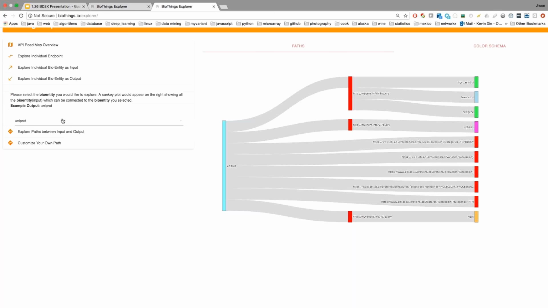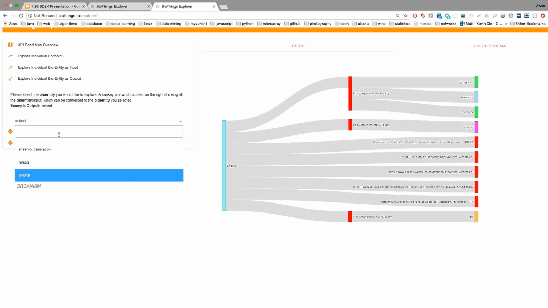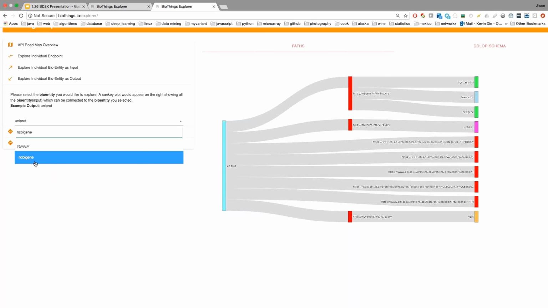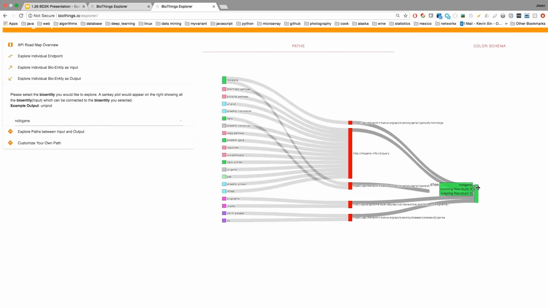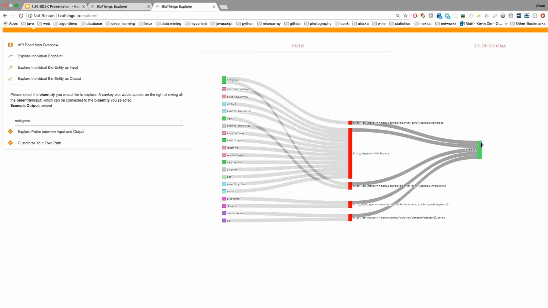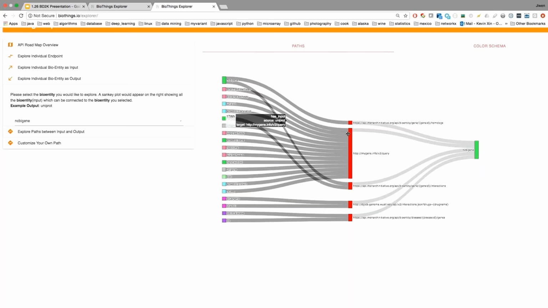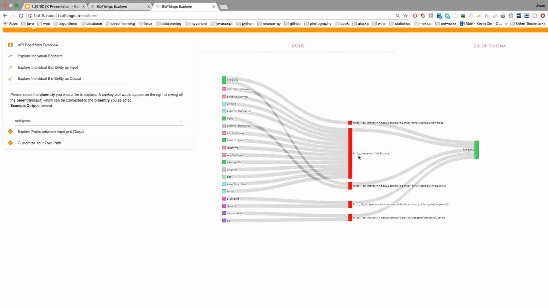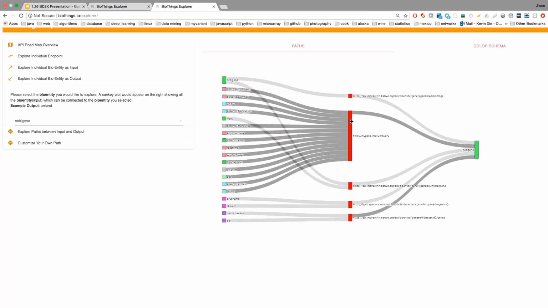So this is one way for you to see what you can do with your own IDs. And another way is, if I want to get something like an NCBI gene ID, what do I need to give the API? This will show you all the different APIs which can connect to NCBI gene ID. For example, on the right side, it represents the output, and we set the output to be NCBI gene ID. It's going to tell you there are 5 different APIs which can connect to NCBI gene ID and what each API actually takes. So this is an overview of what you can do with all this